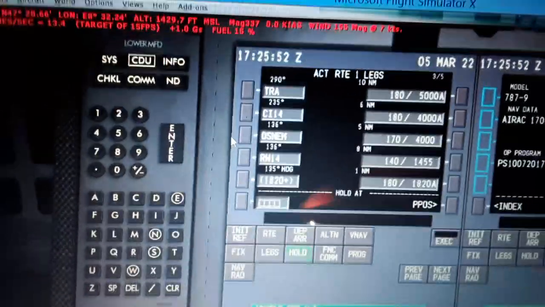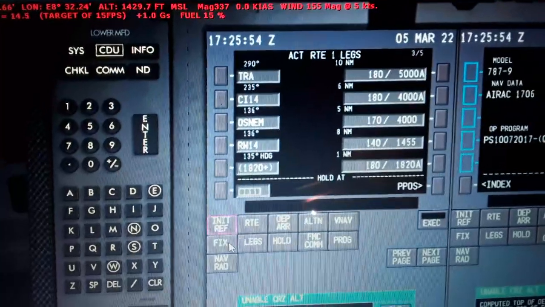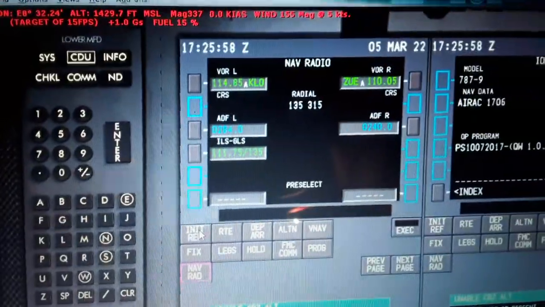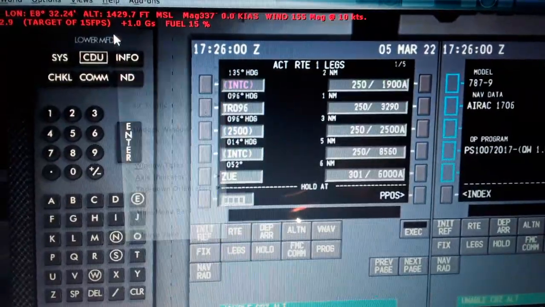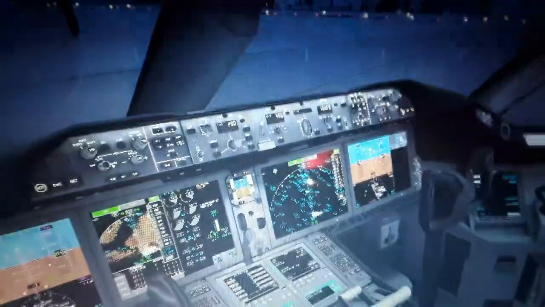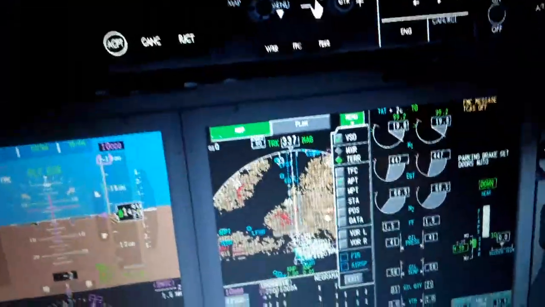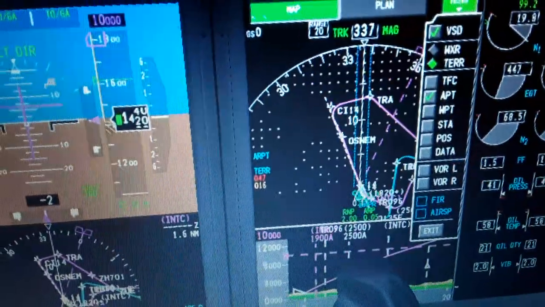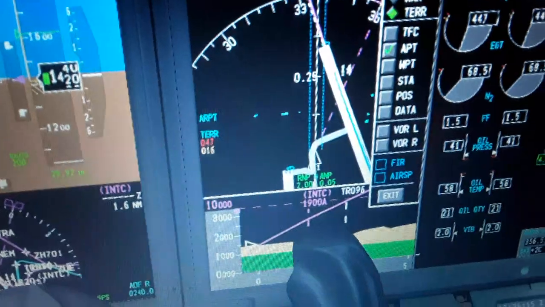So we have also departure arrival, alternate, VNAV, progress over here. We can set a hold over a waypoint in flight, the fix, and the navigation radio, tune ILS or ADF. So we use the legs here. You can see over here we almost finished with the settings, pre-flight settings. So you can see the flight route displayed here, but we have the runways also, how close we can see